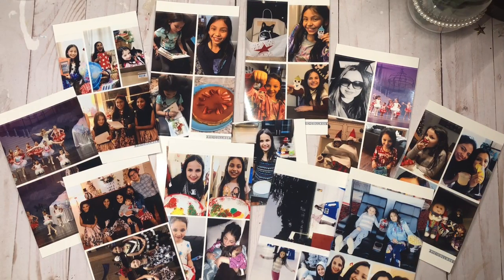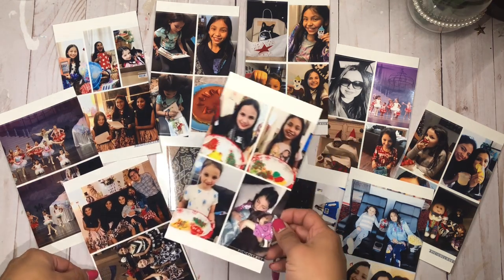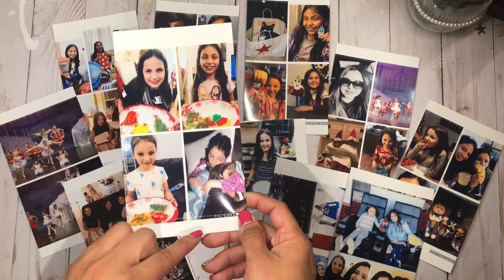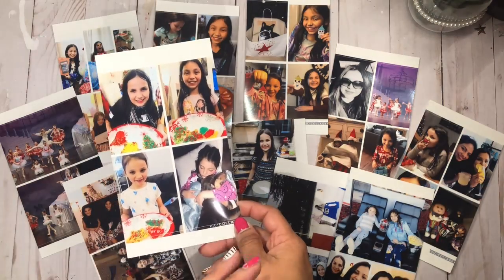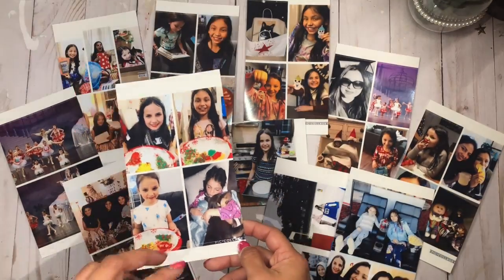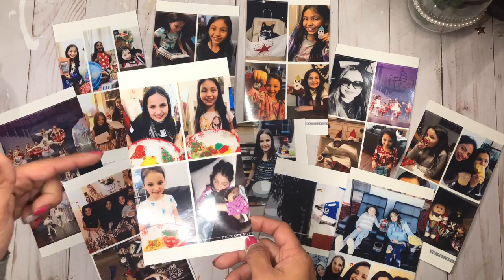So as you can see, I have all the pictures here that I'm going to include in my December daily. Now this did take me probably about an hour to make all the collages, but I wanted to share with you how I print my pictures, or how I make my collages. So what I do is I go into an editing app. I use Pic Collage, which you can see here, but you can use any collage app that you use, and I just create either